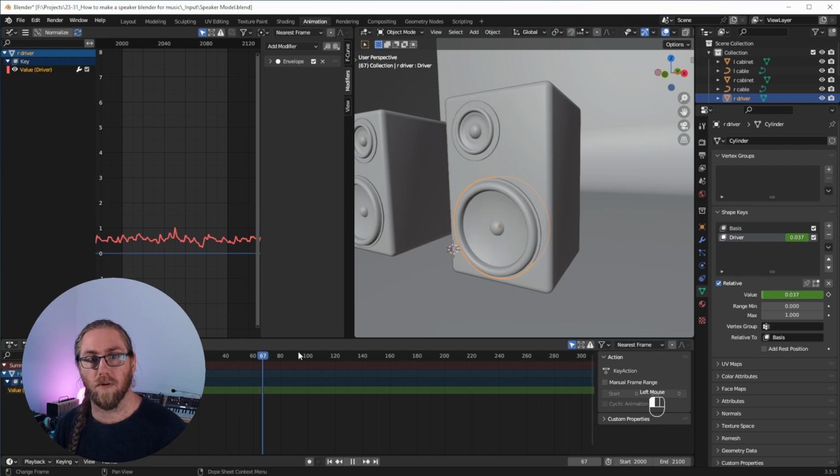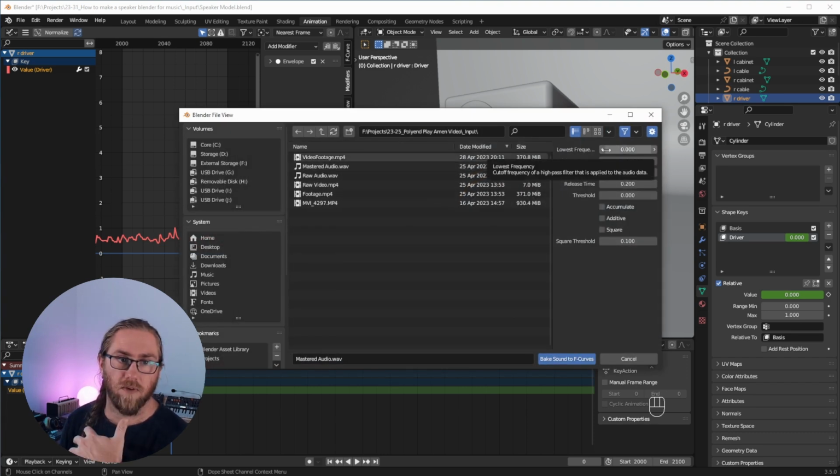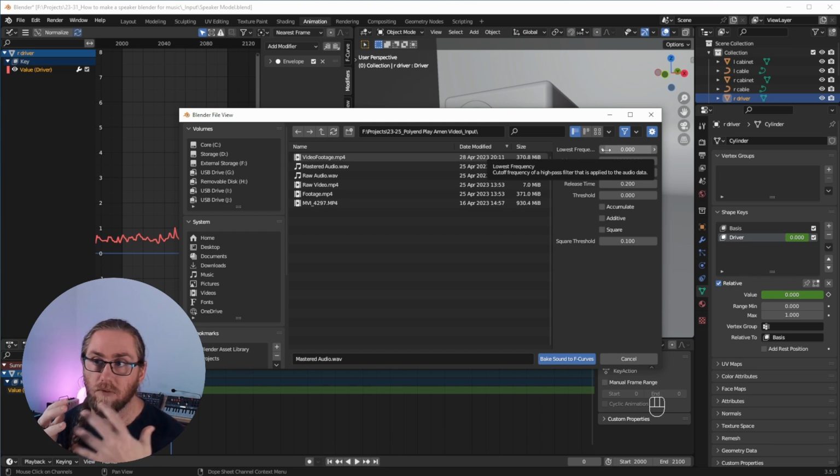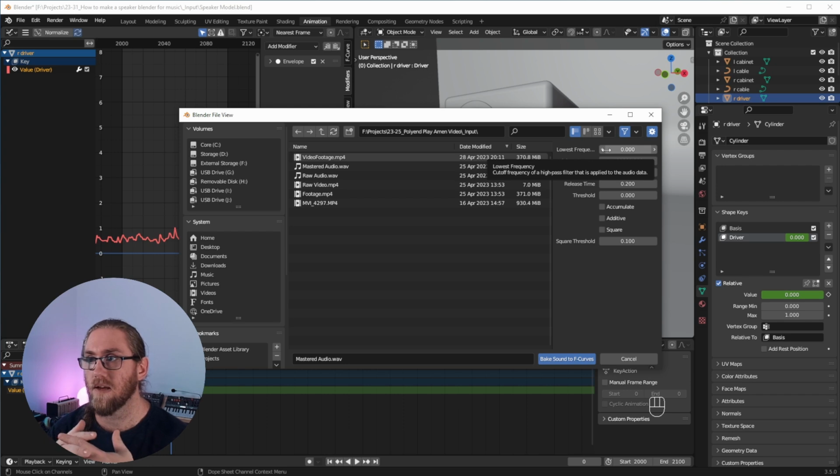So I'm going to move this number back to 0, just put it there, hit Q, bake sounds to F curve, and now we have the lowest frequency and the highest frequency. I've done a bit more of a video on this. If you're really interested in this tool specifically, click the link over there. It's going to go into a lot more detail on how to get the most out of this bake sound to F curve, but I'm going to speak in this more for the speaker's sake,